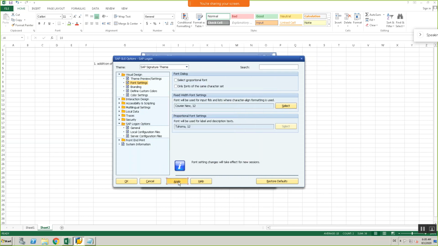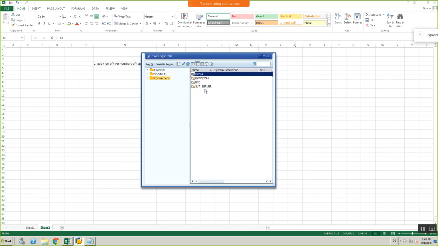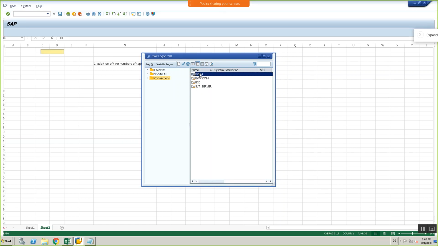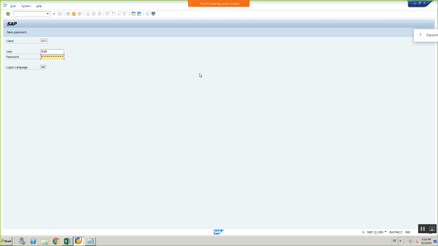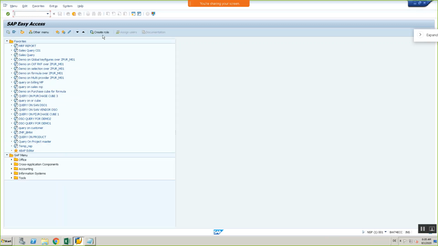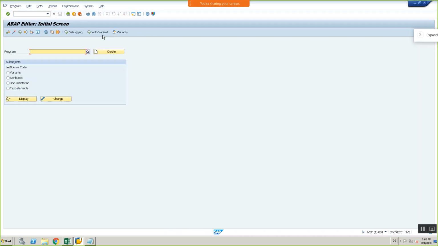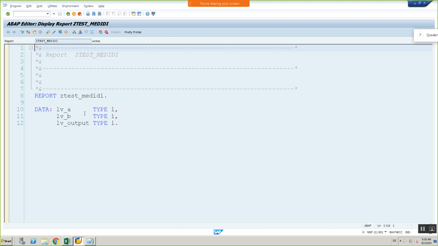Okay, apply. Now your screen is the same, but this one will be a little bit bigger. This is fine, right? At least you can see what I'm typing here clearly.